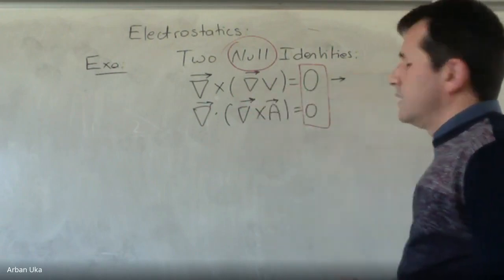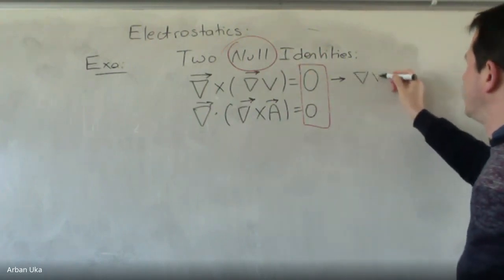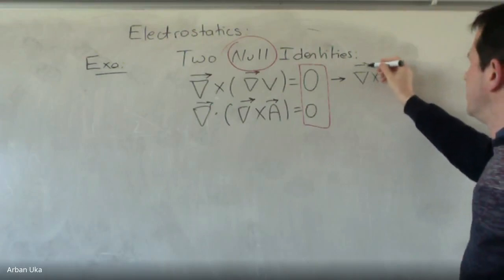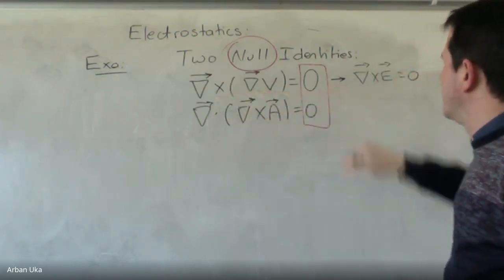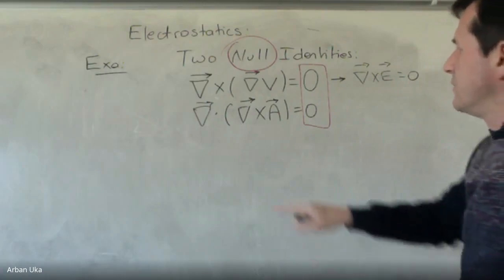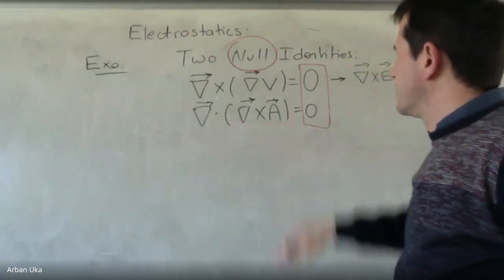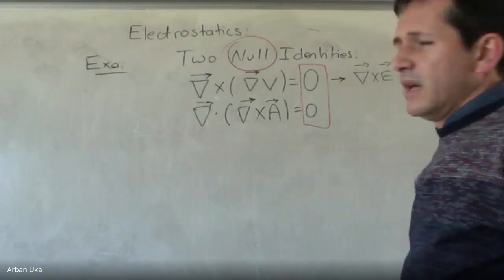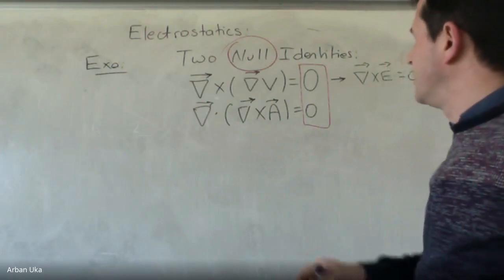You can always consider the following: the curl of an electric field is equal to zero because these vectors behave this way. At the same time, the divergence of the curl of a vector is also going to be equal to zero. And as we are going to see in a couple of weeks from now,